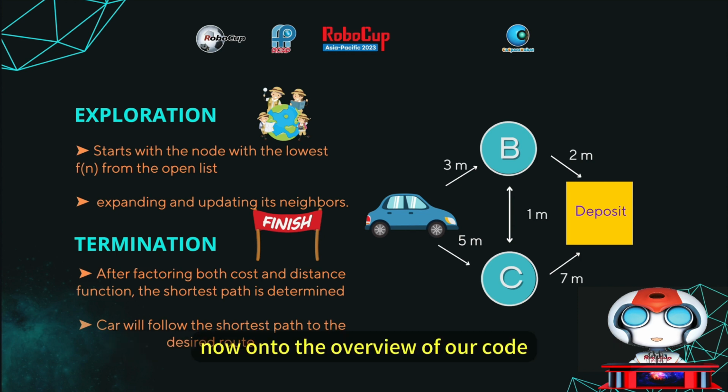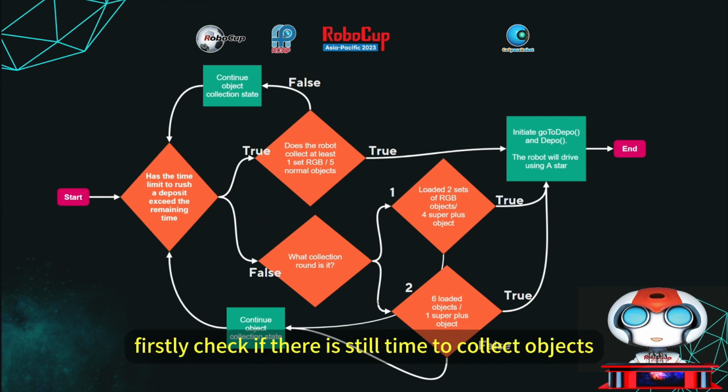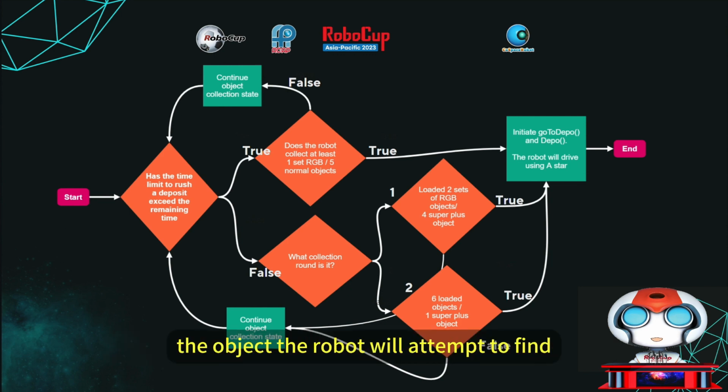Now onto the overview of our code. This flowchart demonstrates the logic that the robot goes through throughout the challenge. First, we check if there is still time to collect objects. If the robot does not have enough objects to deposit, the objects the robot will attempt to find depend on